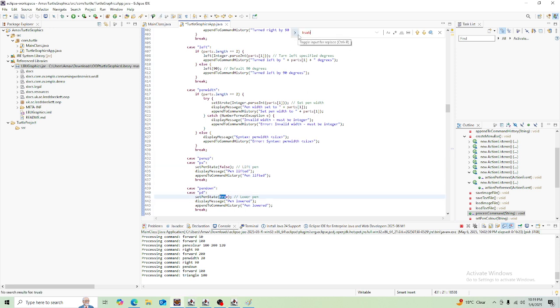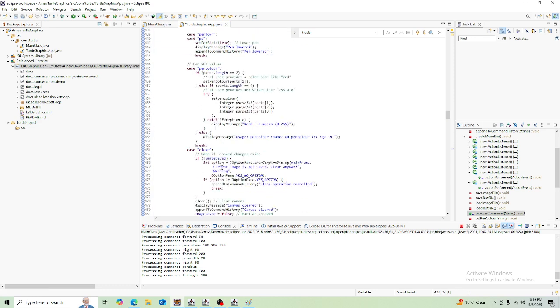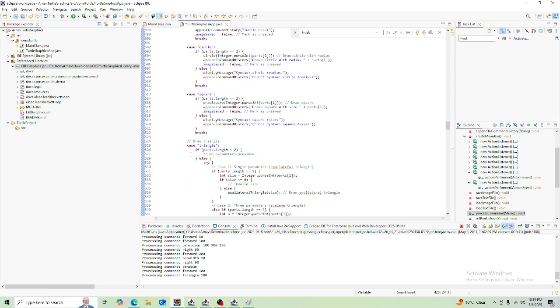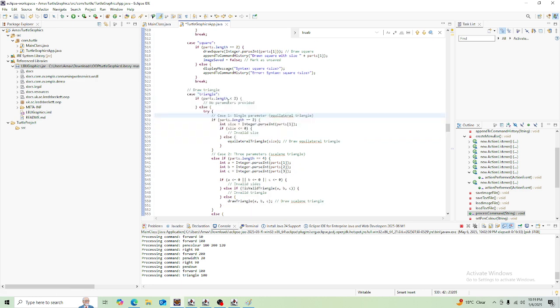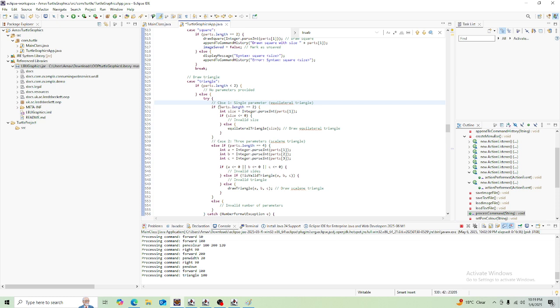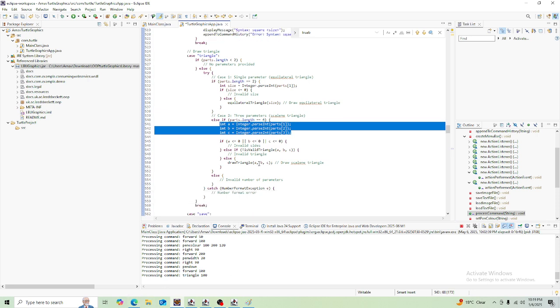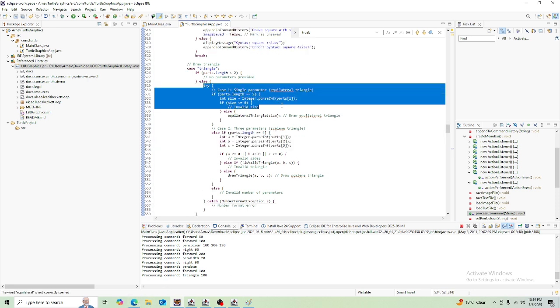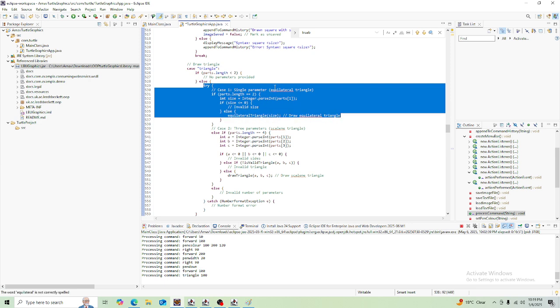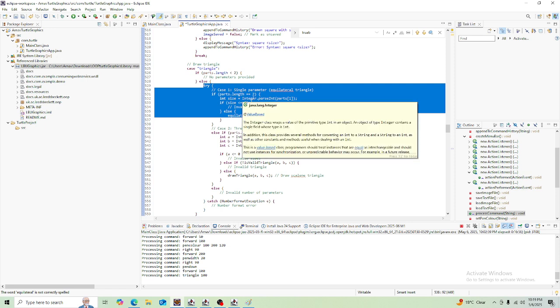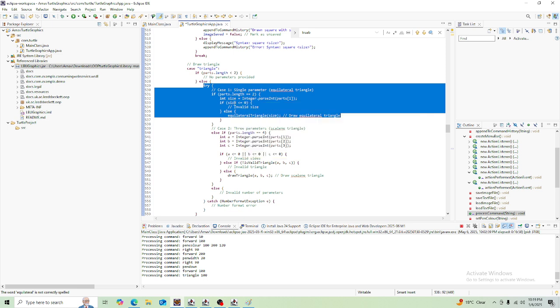And in the code, it's gonna be the case triangle. The case triangle should be, yeah, right, 520. There we go, triangle. So the part's length is going to be less than 2, and case 1 is a single parameter. As you can see, this is for the equilateral triangle. We just provide one single parameter. The case 2 is for 3 parameters. It's going to be for a scaling triangle. I think we have another question for that. Then in this first case, if we just type in one parameter, it's just going to give us the triangle for that single parameter in all sizes. So if we just type in 10, it's just going to give us a triangle with 10 10 10 size